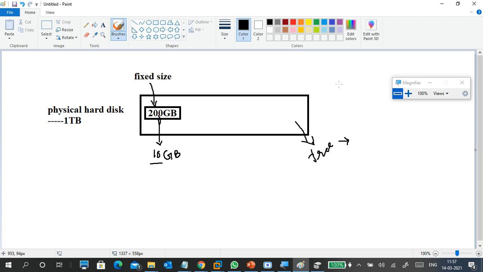Now tell me, just any answer, how much free space am I getting? Just overall, you don't need any accuracy, like converting 1 terabyte into GB and subtracting. That much is not required. Just tell me any answer.